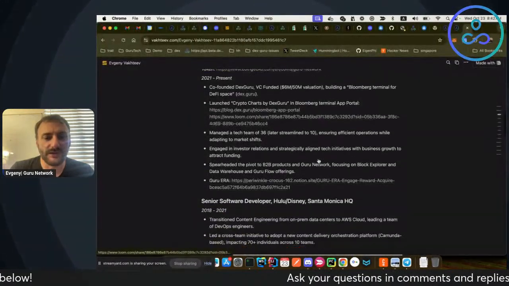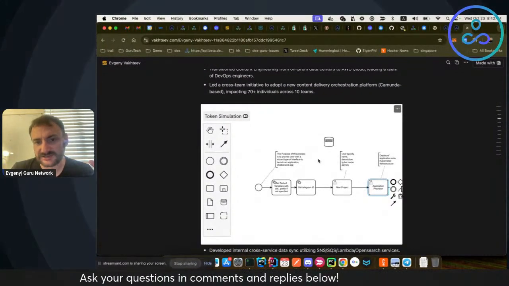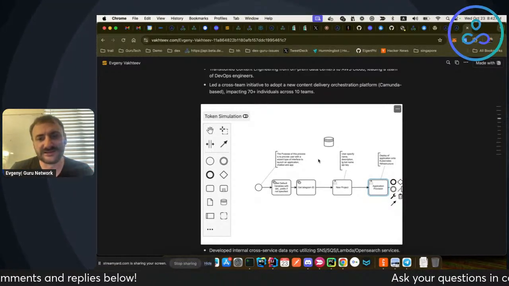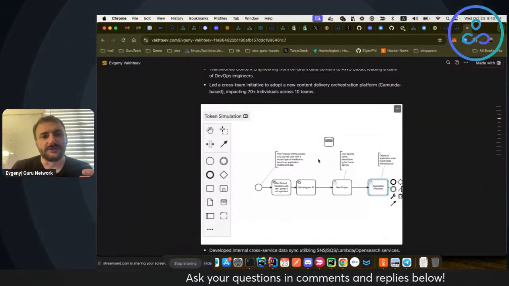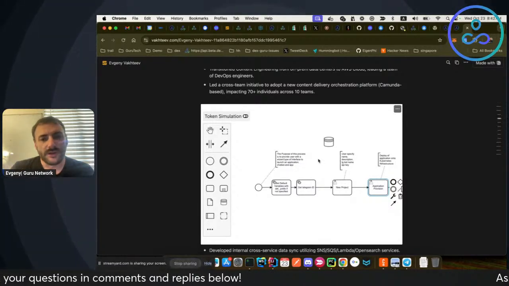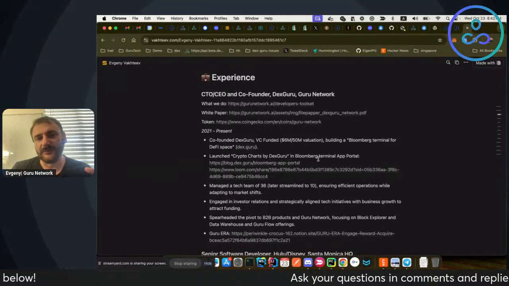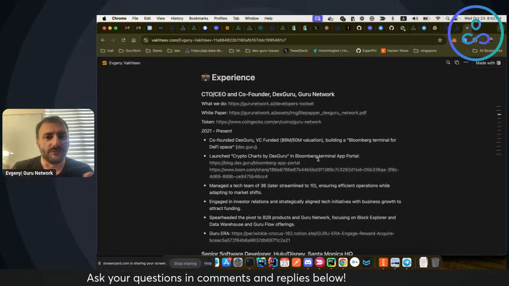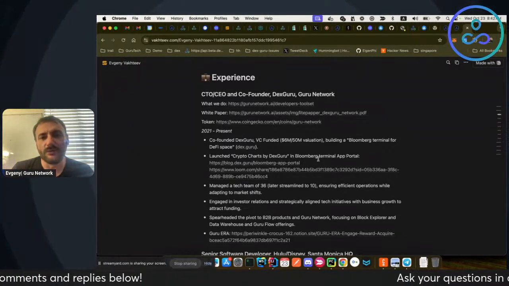How I already have been using it throughout my career for other use cases, and why the team and I envision it as the next thing in blockchain and AI fused together, and why we ourselves envision Guru Network as a business process automation network, where business process automation and orchestration could be applied natively to Web3 mechanics and to AI mechanics.